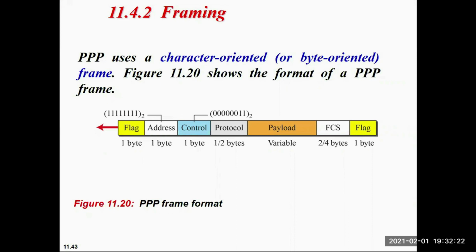The bit sequence is 01111110. This address, by default, we keep as 11111111. This is also 8 bits. This control is 00000011. Then protocol, then payload of variable length. FCS is 4 bytes or 2 bytes. Flag again repeats. This flag shows the starting and ending of the frame.